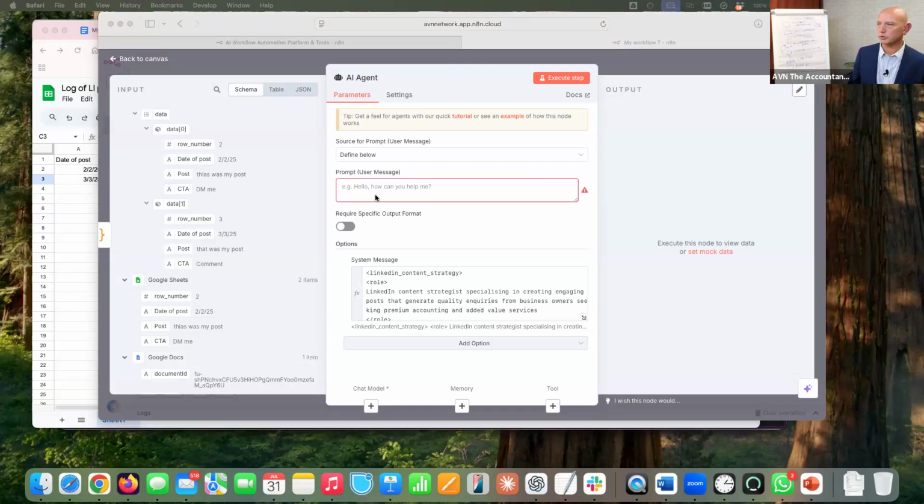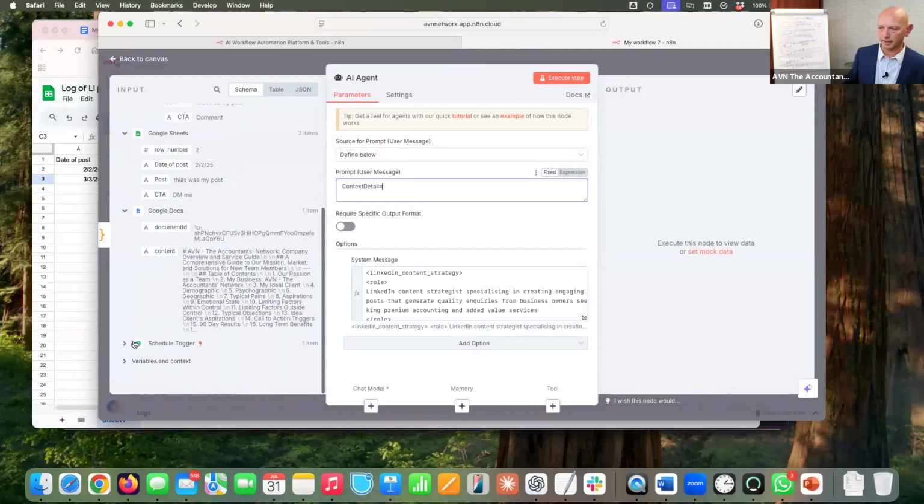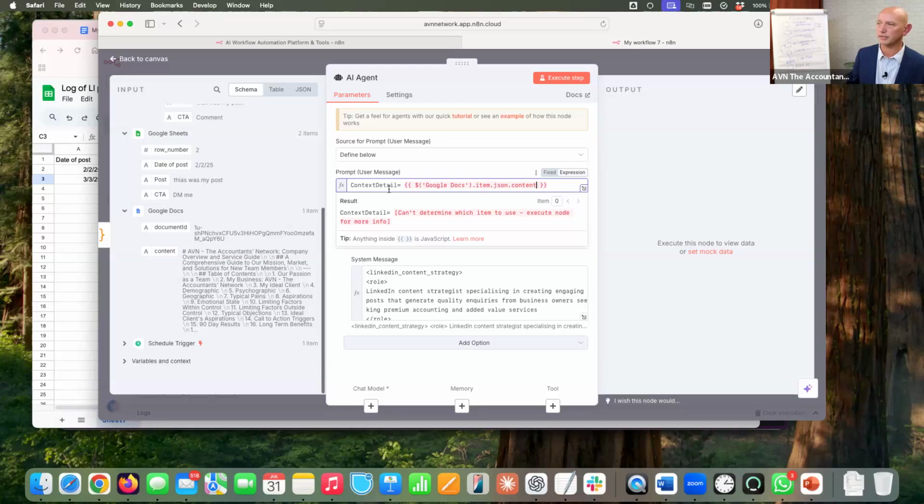So I want to use context file. I'm using that as kind of a variable, equals, and then I can drag in. Now this will glitch based on my previous attempt, so I can rectify it, but it will glitch. If I copy in content, watch it not glitch. All right, so if it's red, it's not working properly.